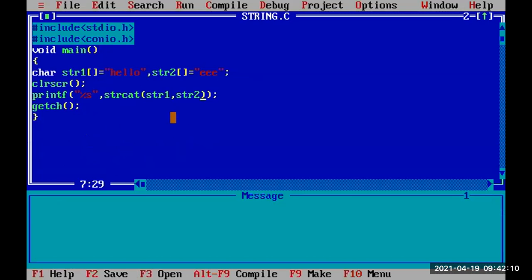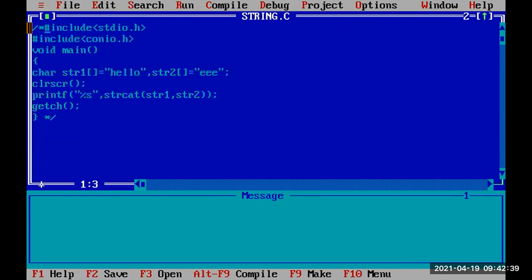Yesterday I programmed this. By using slashes, it is taken as a comment. Just hide this.